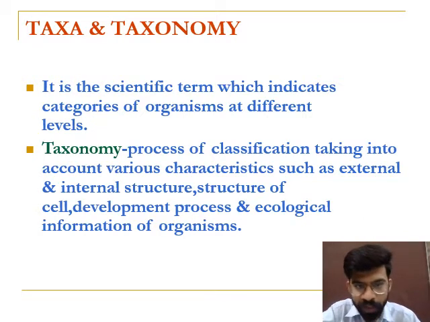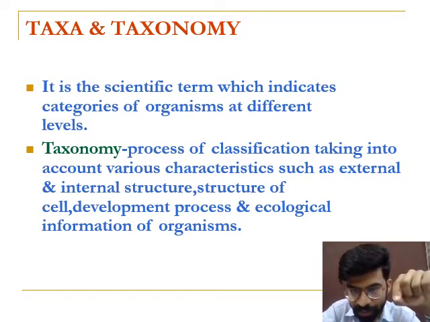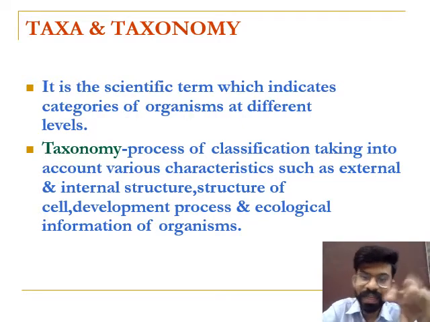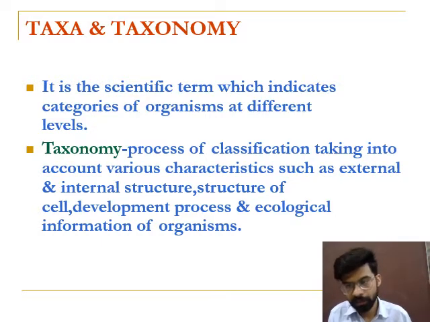So what are its various properties we know: the external character, the internal character, the structure of cell, the developmental process, and the various information collected in a specific manner so that we can classify. Means an organism is classified into a convenient category based on its external character, internal character, and the structure of cell, means prokaryotic cell or eukaryotic cell. So all the characteristics are identified, then it is classified into a suitable group or a suitable category. Then